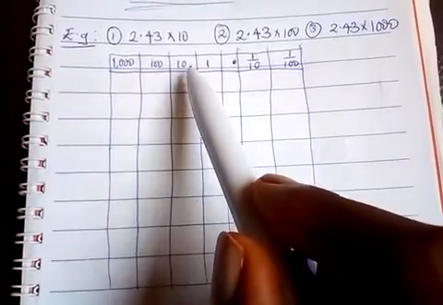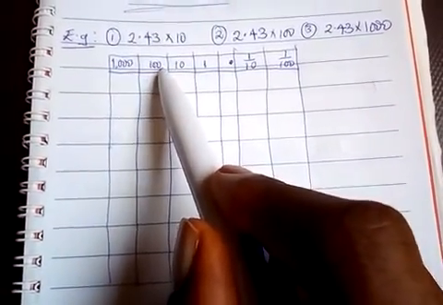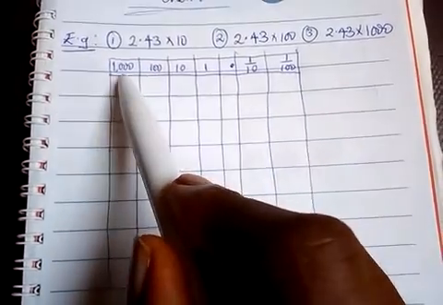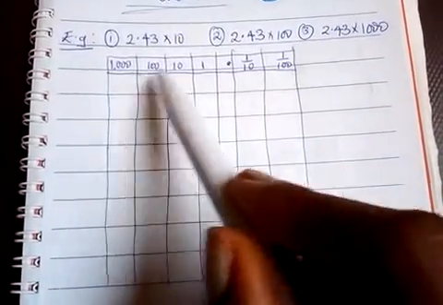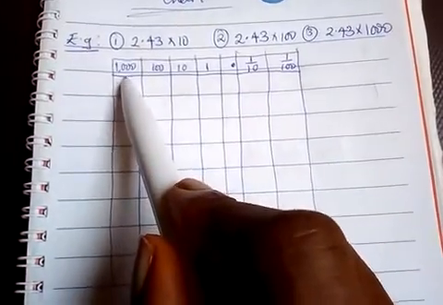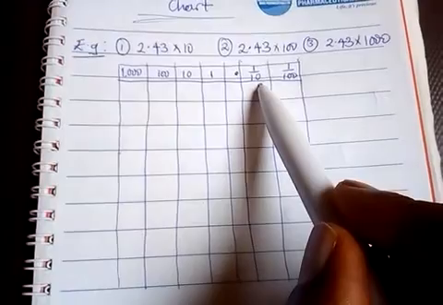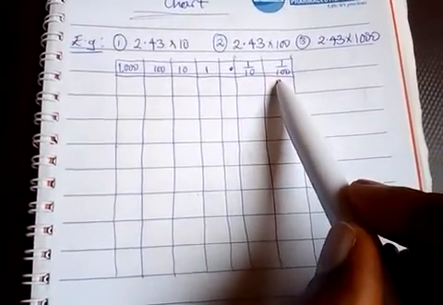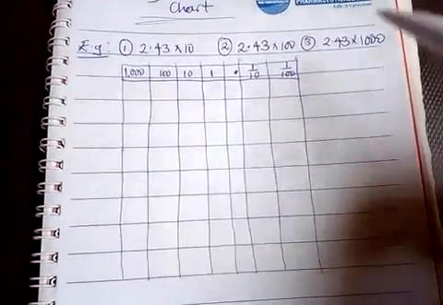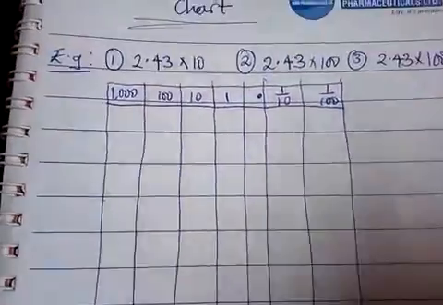We have our ones, tens, hundreds, thousands. Then after the decimal we have tenths, hundredths. Okay, I hope you get that, just like we've done. So let's take number one,